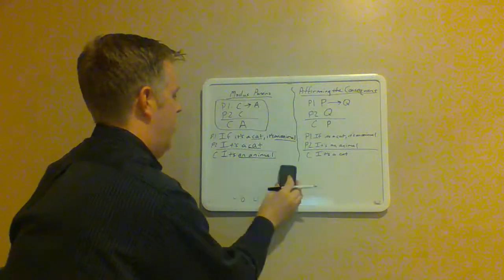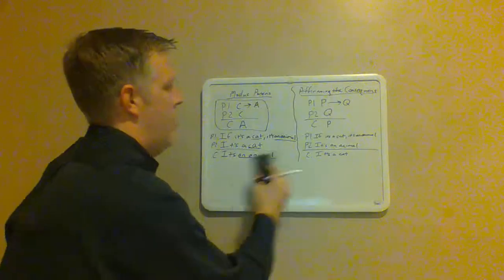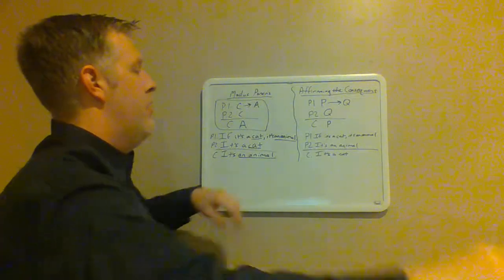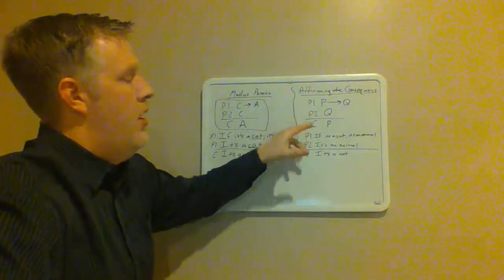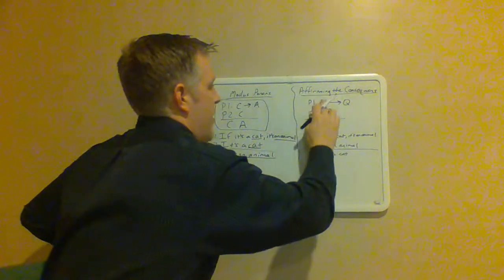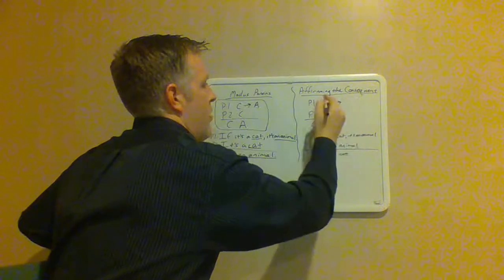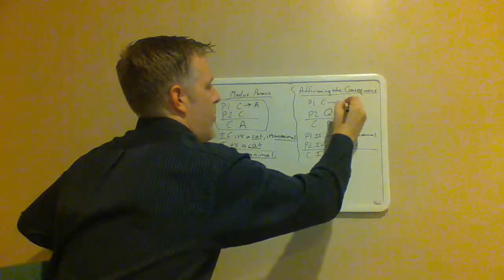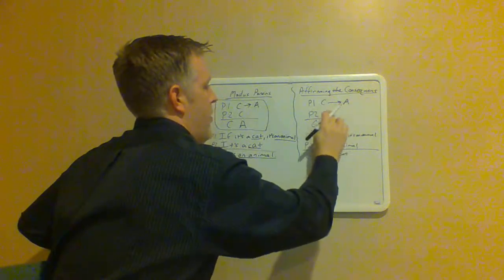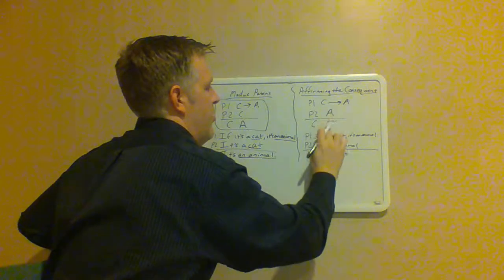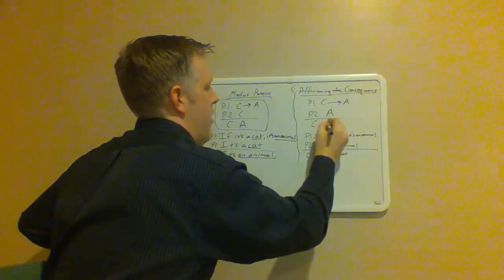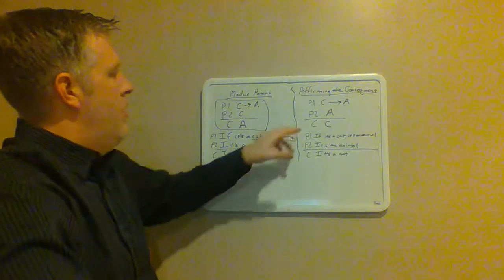Okay. Let's turn our attention now to a very closely related form of argumentation, but we have a very subtle difference here, and that's all that's needed to then, as I mentioned earlier, render the entire argument invalid. And let's switch it over to C and A's again. Okay. So look,